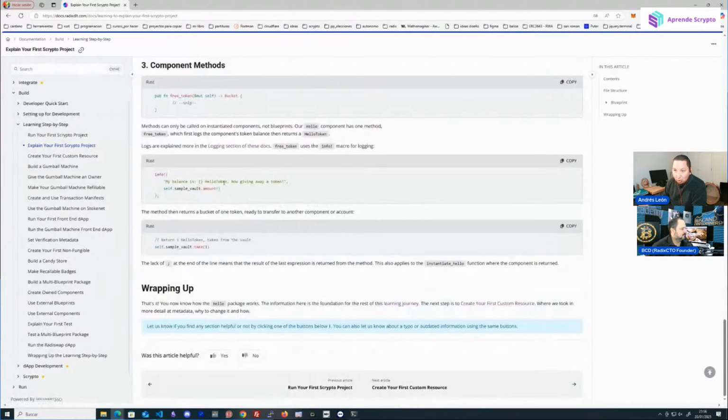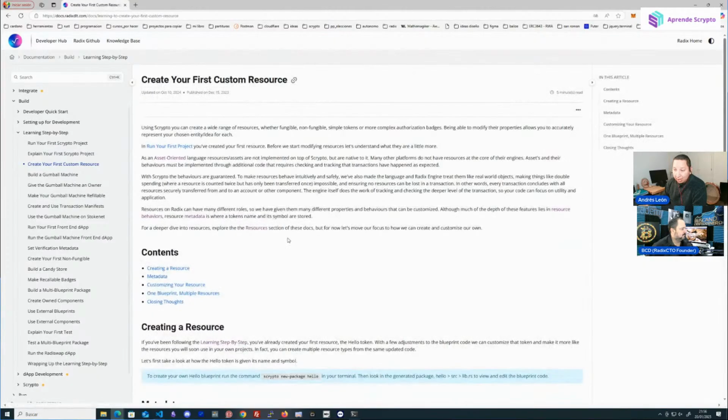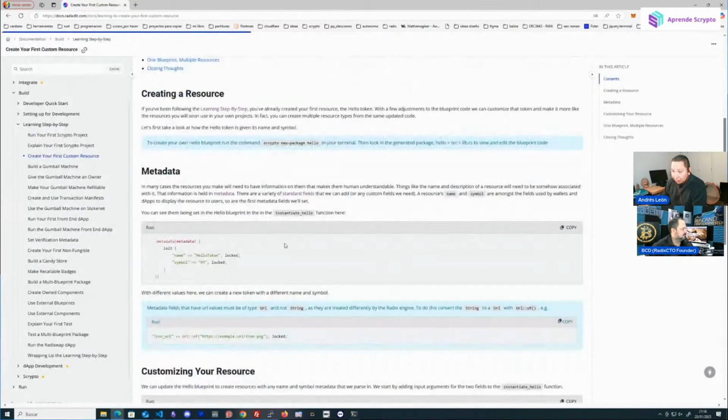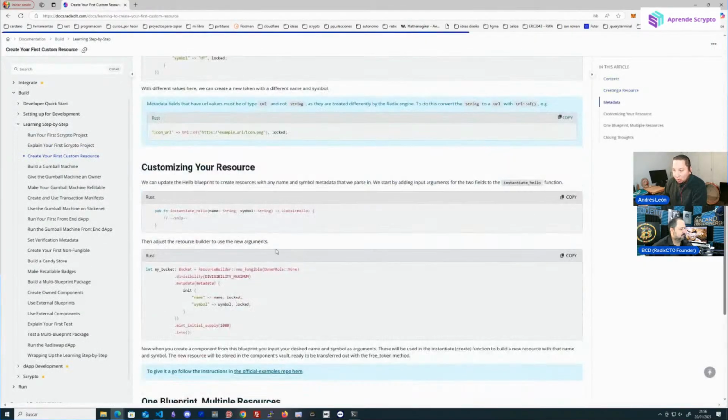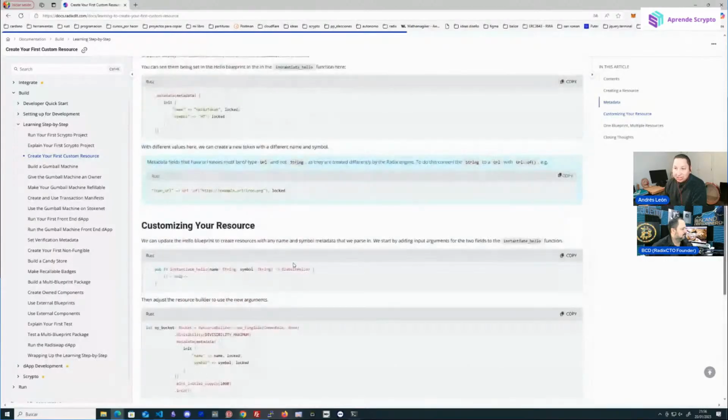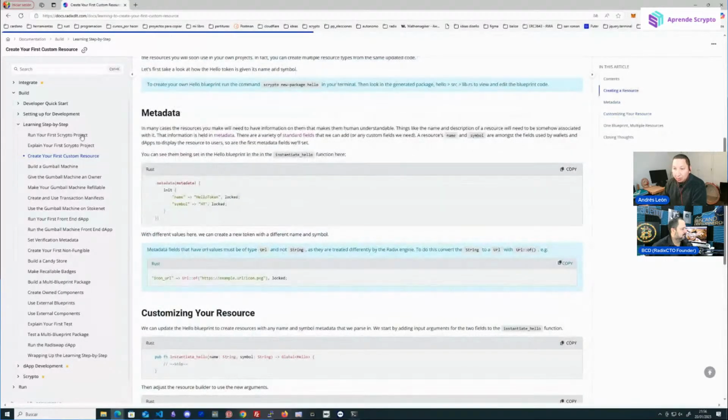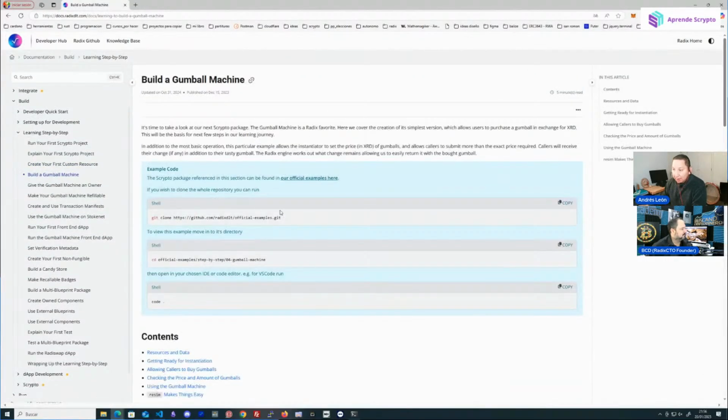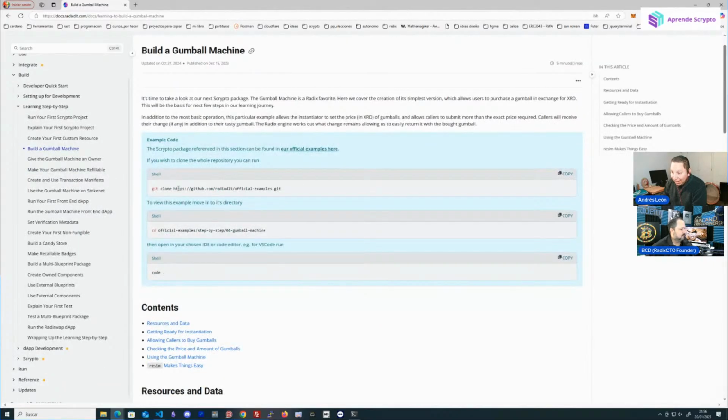And today we will have arrived more or less here in the third, where we have put something else in it. We have modified something, that is, we have personalized it. The next day, we are going to start with the mythical gumball machine, okay? But notice that for that he is telling me to clone it, but we are going to go to these official examples,